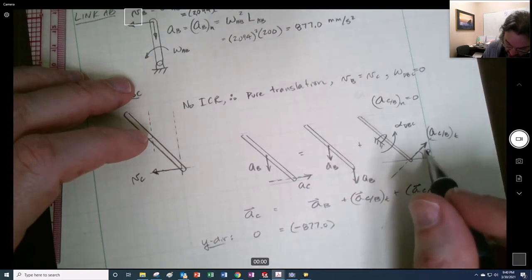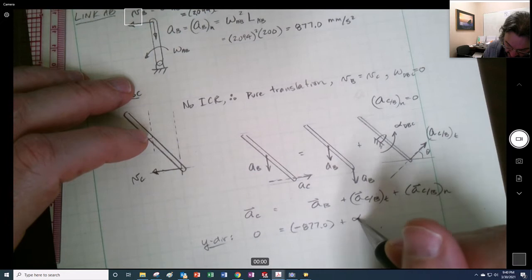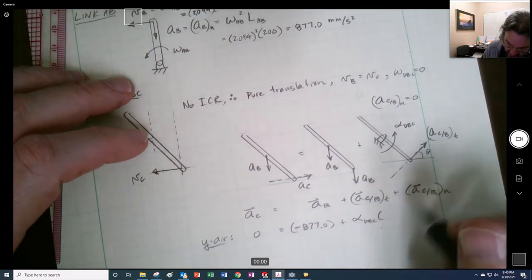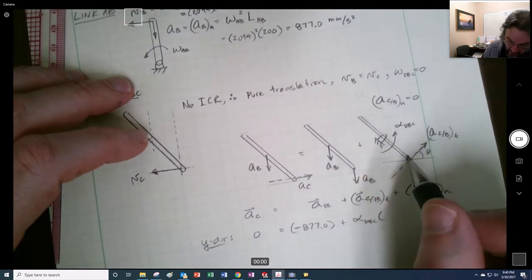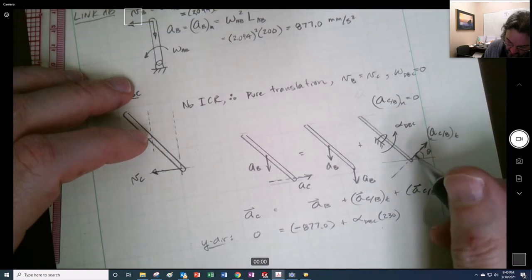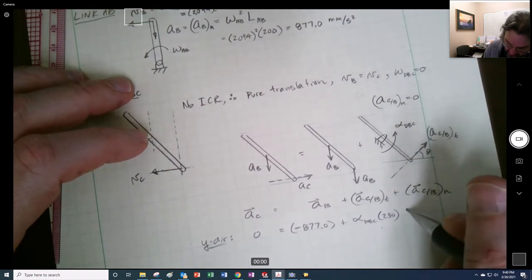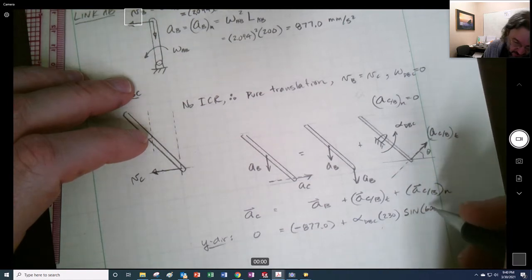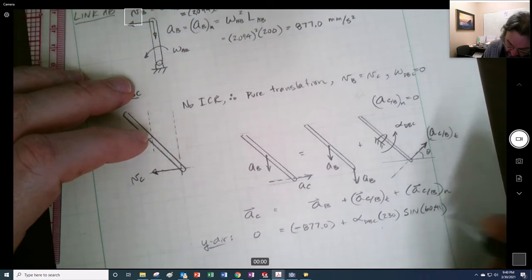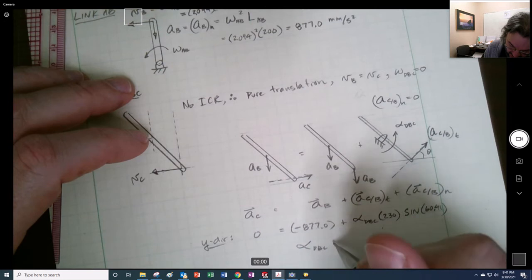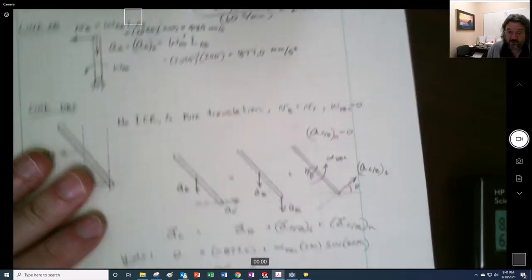And then we're going to have a positive alpha dBc times the length from here to here, which is 230, times the sine of 60.41. Alpha dBc ends up equaling,